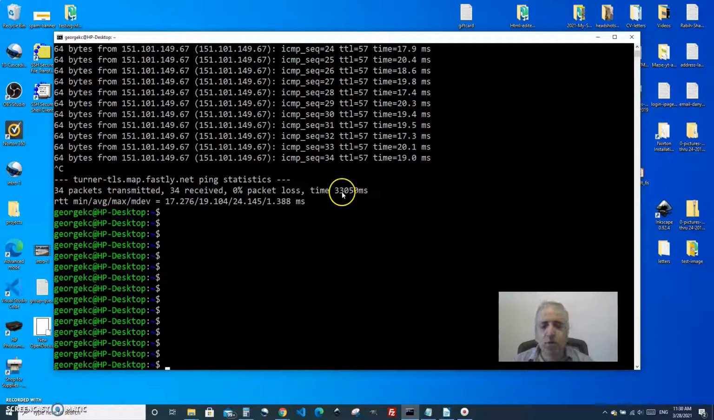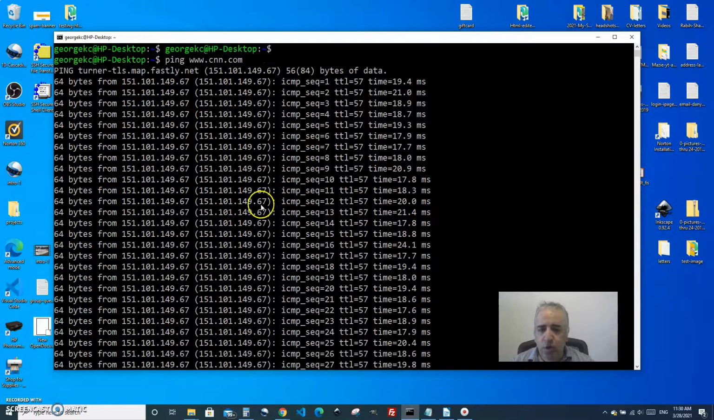And that's how long it took for the 34 packets to travel round the trip. That's the total time. And it'll give you some statistics here around the trip to travel. I think this one, it says minimum, average, maximum, medium deviation, and it'll give you some information here. So if you look on the top, so what happened, the ping command will employ